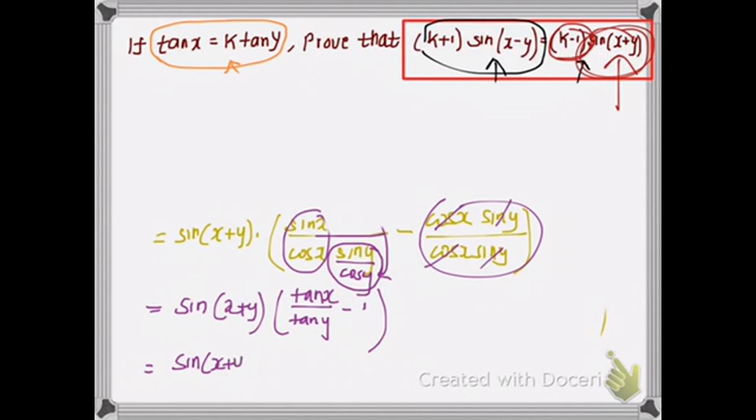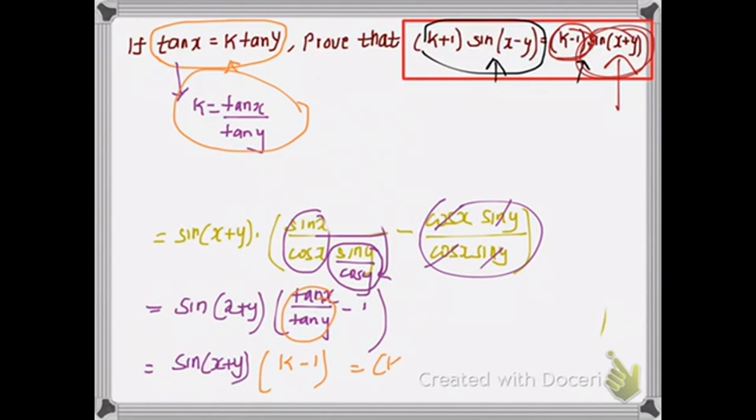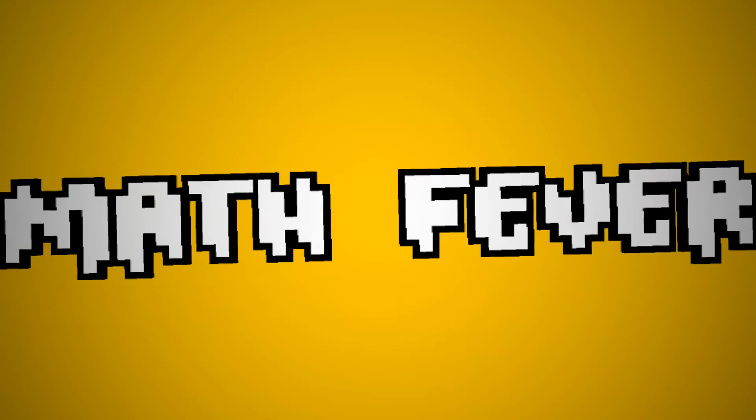And then we have from our given condition that k is equal to tan x divided by tan y. So for this tan x divided by tan y, we can simply write k from our given condition. So on rearrangement, we get k minus 1 and then sin x plus y. So this is our term on the right hand side. So this is all we